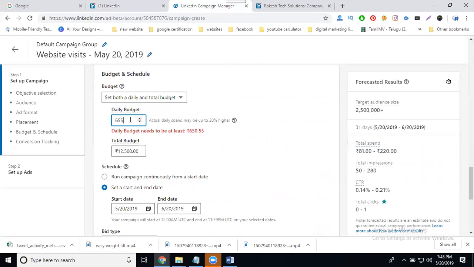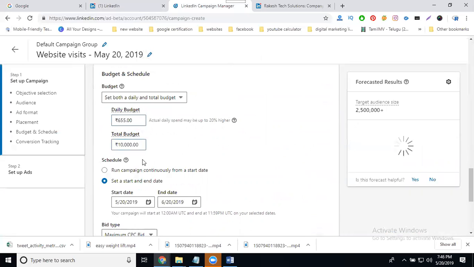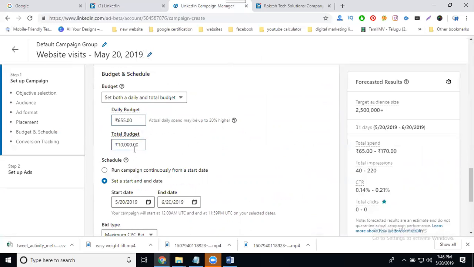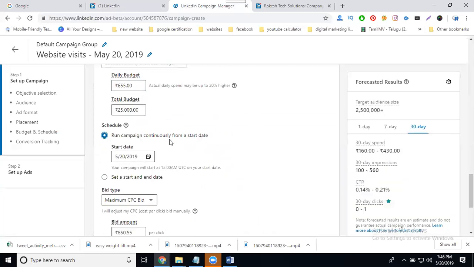So we can't add a manual budget per day, and the total budget is 10,000. I can go for 25,000, 0 to 1 click, and run the campaign continuously from the start date.